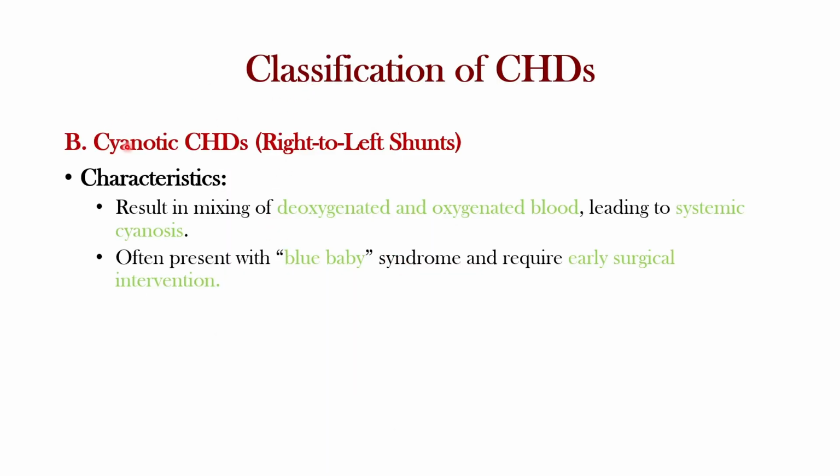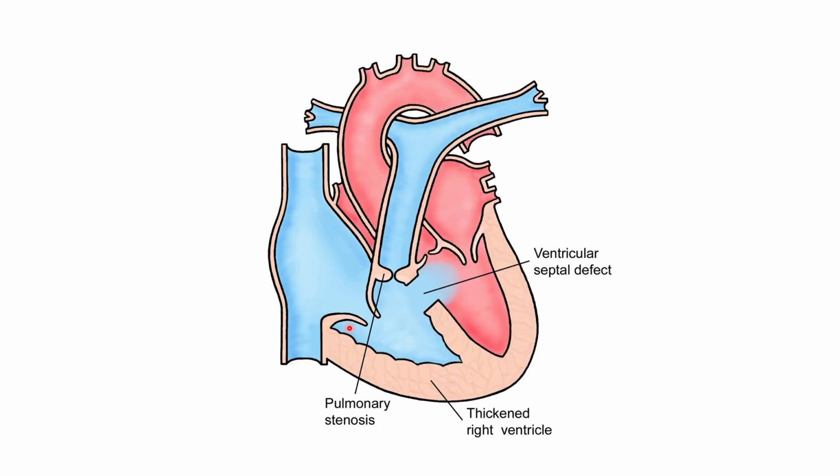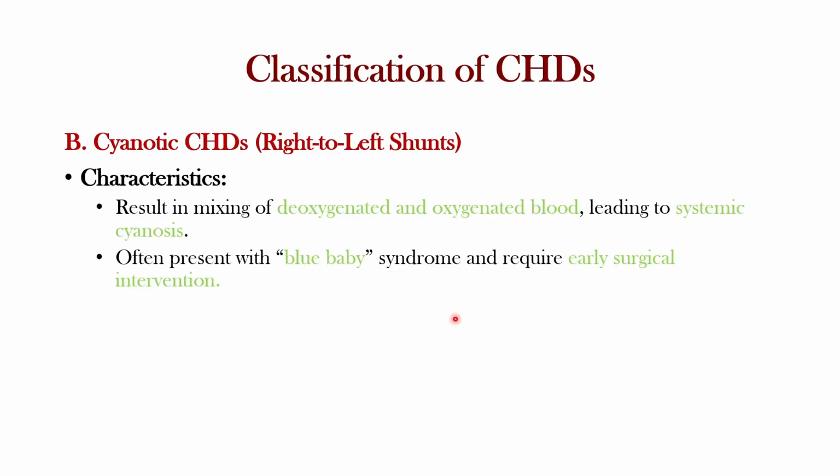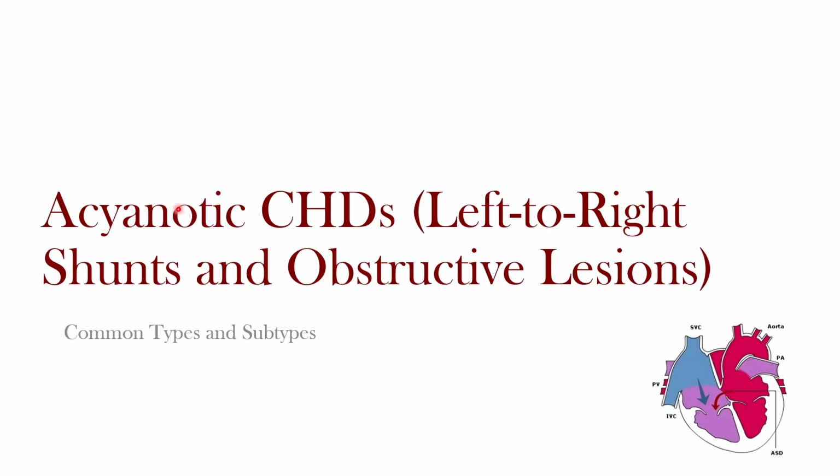So for the second type, we have the cyanotic. Here we will have a mixing of the deoxygenated and oxygenated blood, leading to a systemic cyanosis, often presenting with blue baby syndrome and requiring early surgical intervention because the baby is not getting enough oxygenated blood. We will have cyanosis. As we can see, this time the blood will go from right to left. That's why it's called right to left shunts. So for the cyanotic,